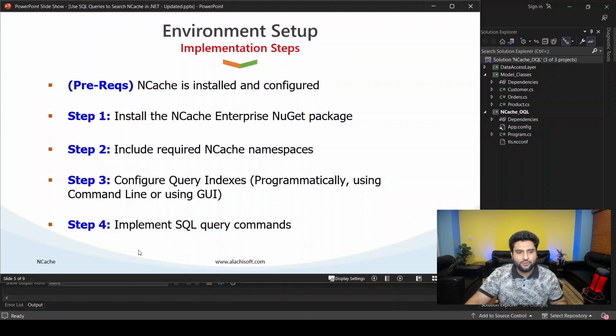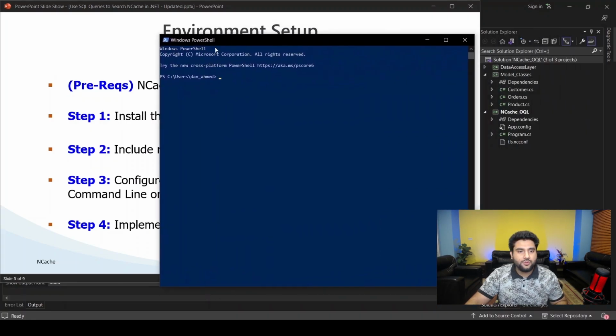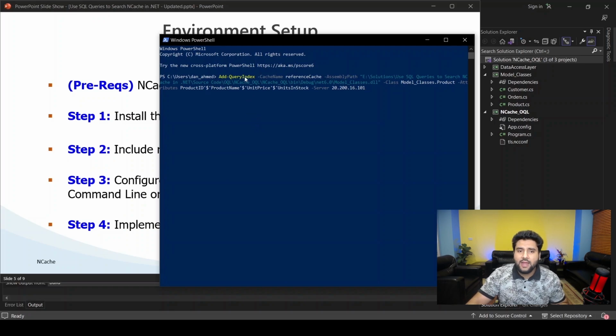The second option is to use the command line tool. So I'm going to use PowerShell here. Let me actually bring it here. There we go. I have a command already copied, which I'm just going to go ahead and paste right here. There we go. This command is called the Add-QueryIndex command, as you can see. First of all, you specify the cache name, or reference cache in our case, the assembly path where the class library is present,